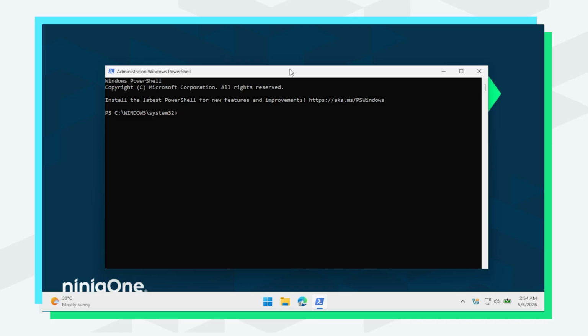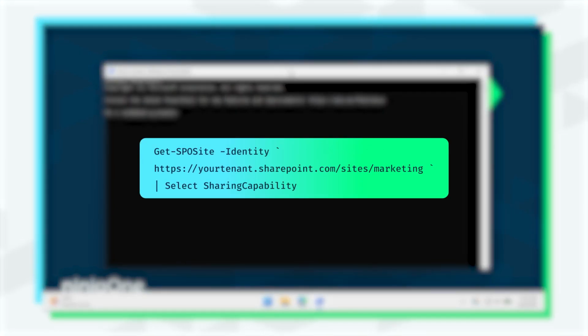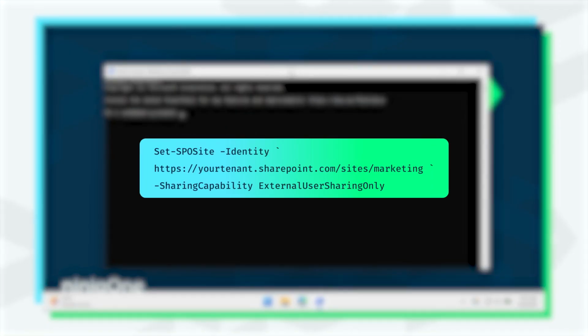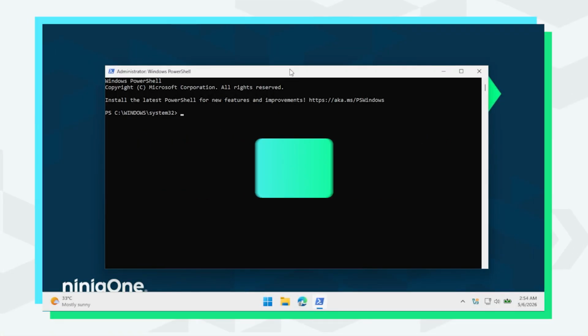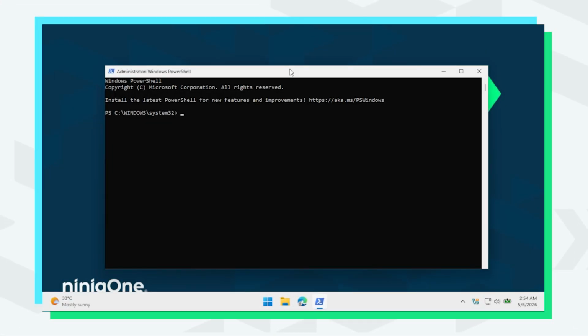To audit the current sharing settings before making changes, run. Next, to apply your desired external sharing policy, run. Keep in mind that the available sharing capability options are disabled external user sharing, only external user and guest sharing, existing external user sharing only. To apply the policy across all SharePoint sites, run